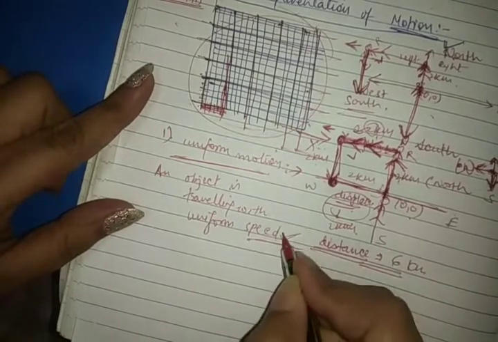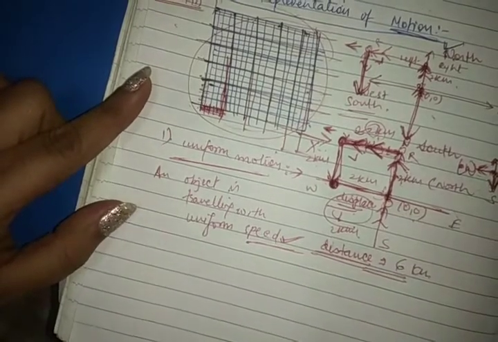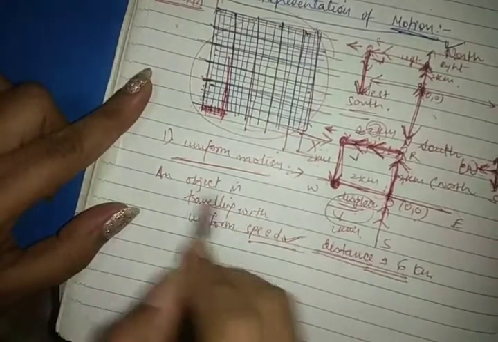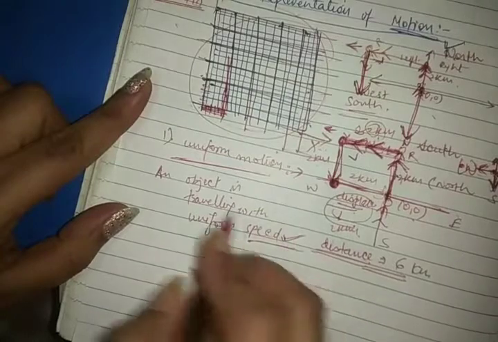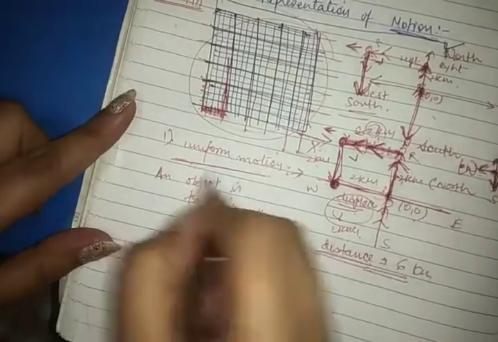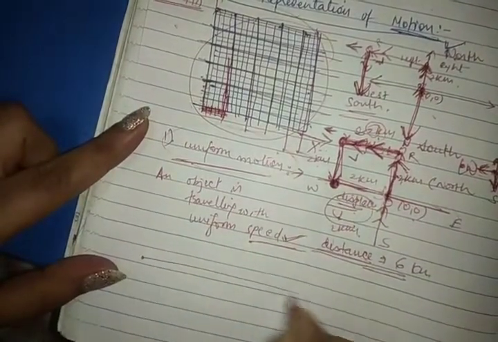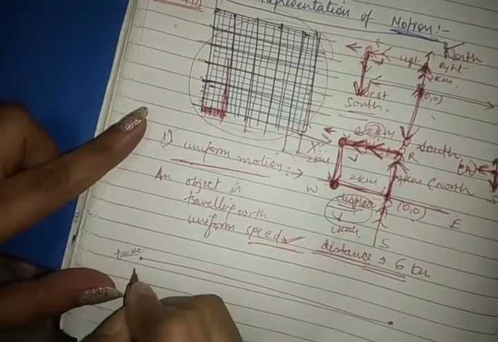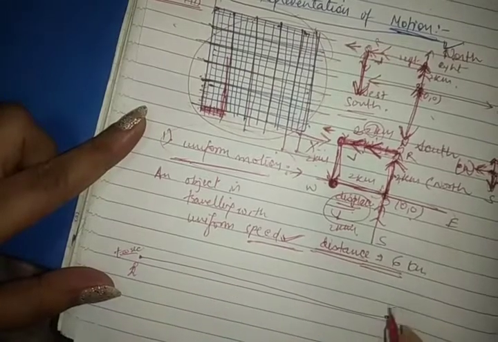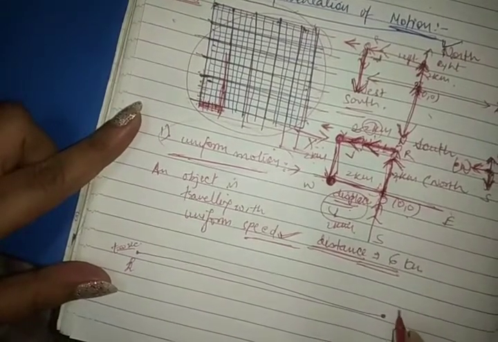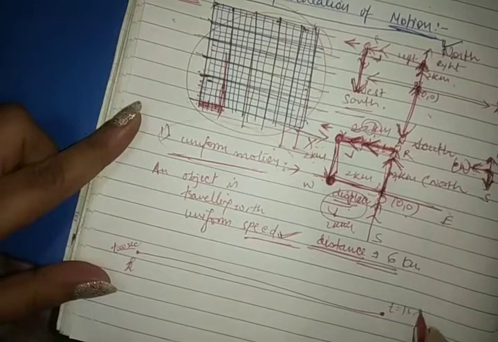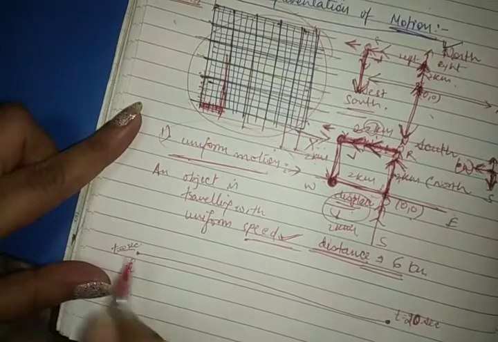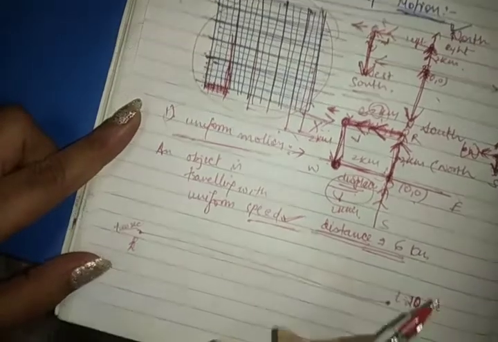Okay, you know the fact that speed equals velocity if and only if the displacement and the distance are the same. So when an object travels with uniform speed, this kind of motion is known as uniform motion, right? So let's take an example. This is a straight path. This is t equal to 0 second, and this is u. Now you travel up to time 15 second or 20 second, right? You are traveling up to time 20 seconds.